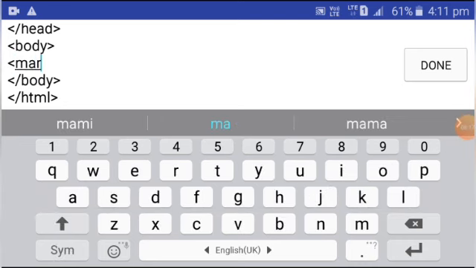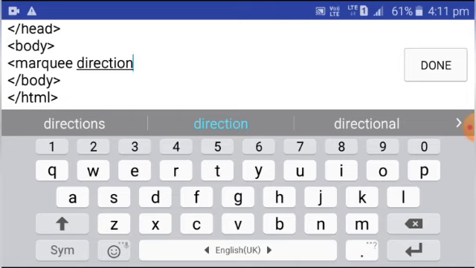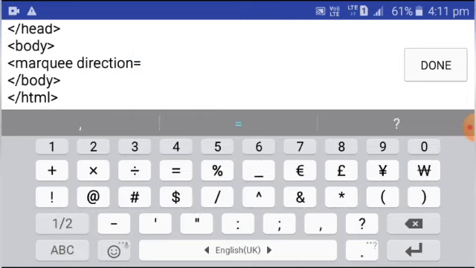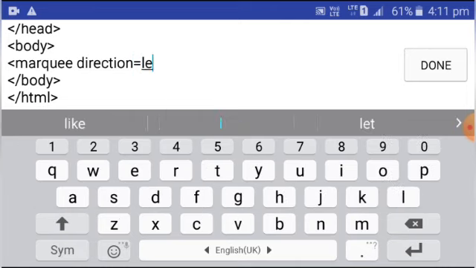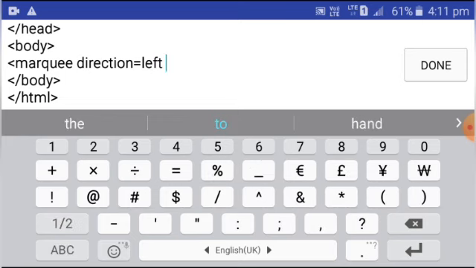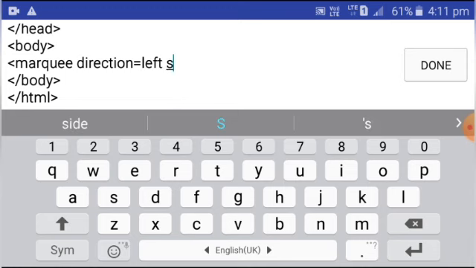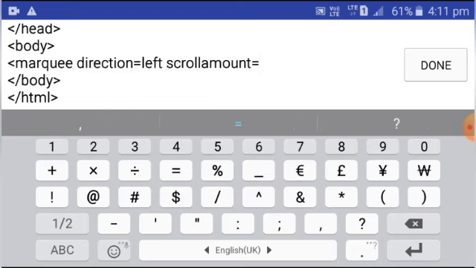Okay, marquee, then direction attribute equal to left, then scroll amount is equals to 10.